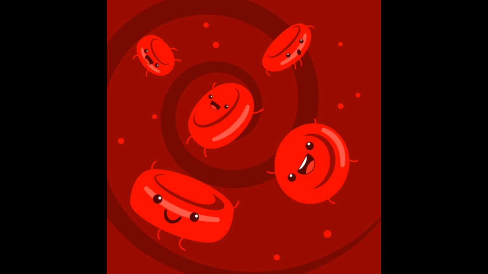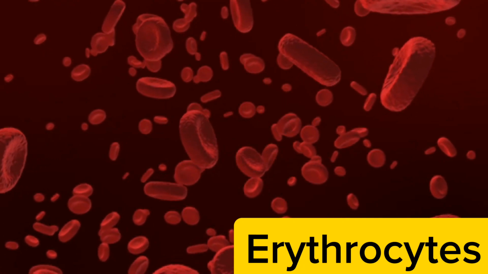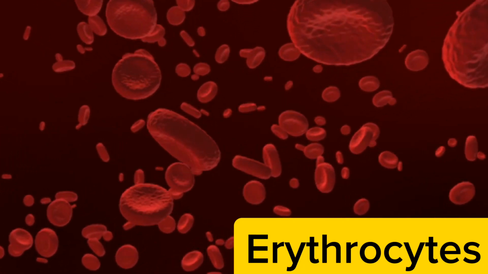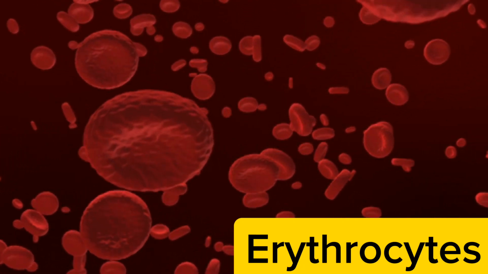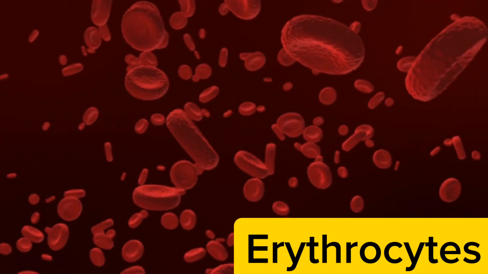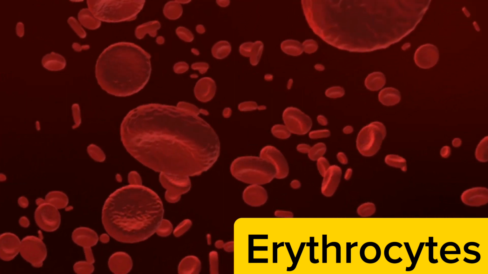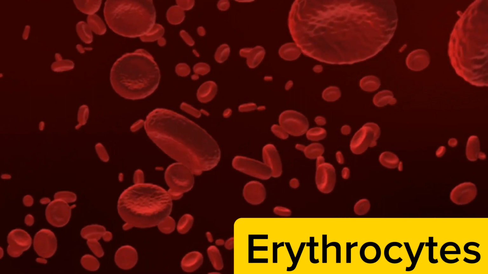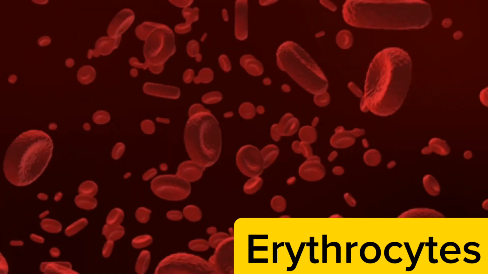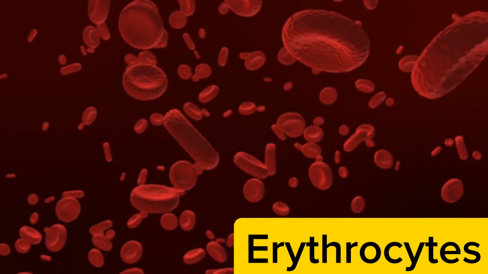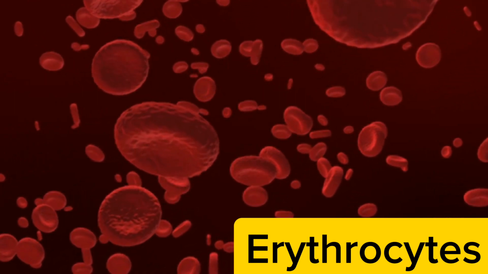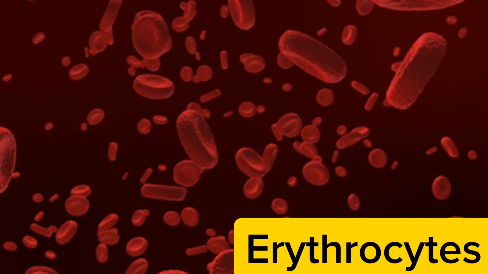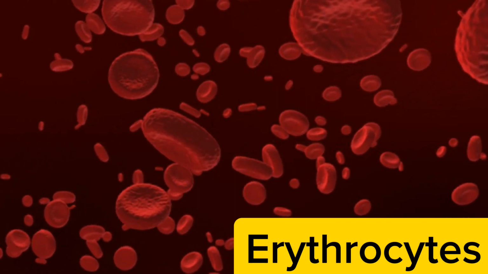Normally the red blood cells are disc-shaped and biconcave. The central portion is thinner and the periphery is thicker. The biconcave contour of red blood cell has some mechanical and functional advantages. Advantages of biconcave shape: it increases the surface area of red blood cell for the diffusion of respiratory gases. Because of the biconcavity, red blood cell can squeeze itself through the capillaries, which have a smaller diameter than that of